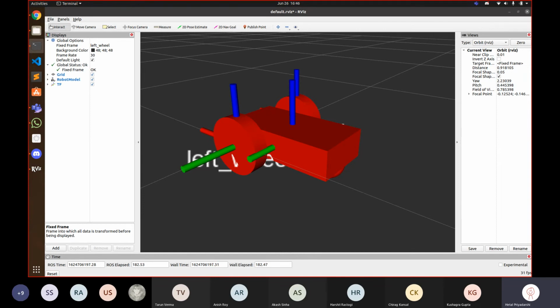A robot is also a collection of different frames, and if I add a sensor, if I add a laser to this robot, let's say at the top, I'll give it a different frame of its own. All of these are transform frames, and ROS has an inbuilt TF library which helps you do all those transformations that you read about, in the background, without you having to worry too much about it.